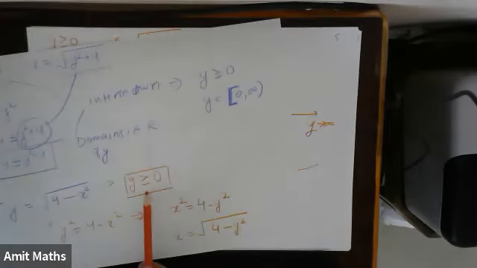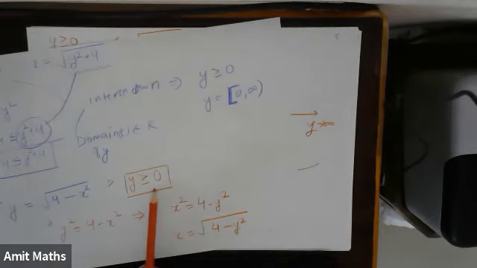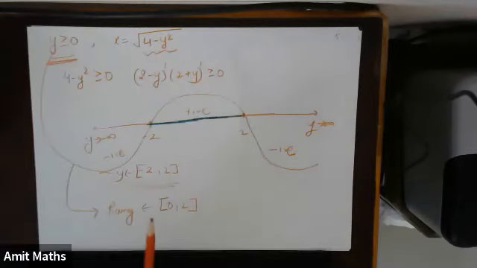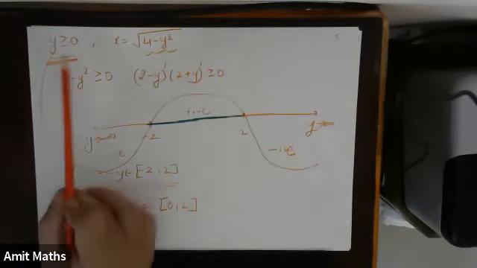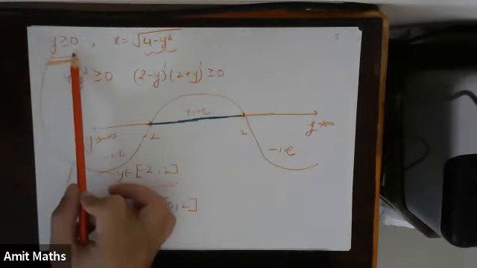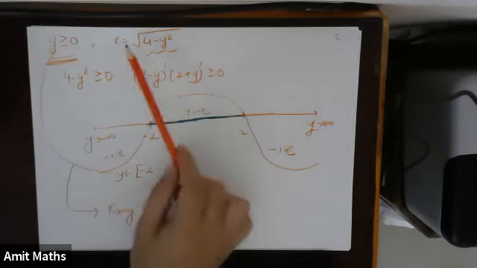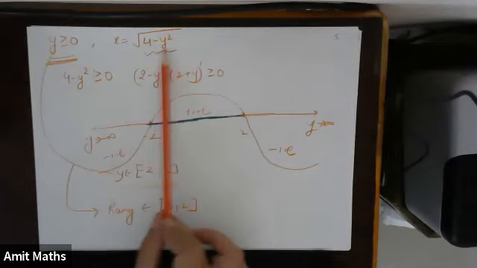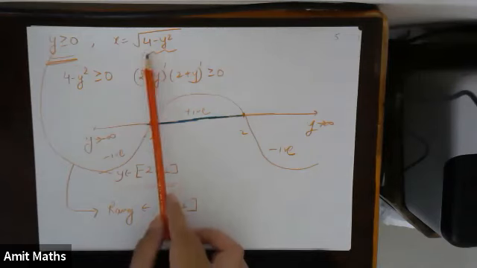Now, remember this is a condition which we started before squaring. And why do we need this? Because on squaring, we will increase the number of roots, and we will increase the solutions. Very good. Now, suppose we have y greater than or equal to 0, which we have written once again. This was the condition. For this one, the value inside the root should be greater than or equal to 0.